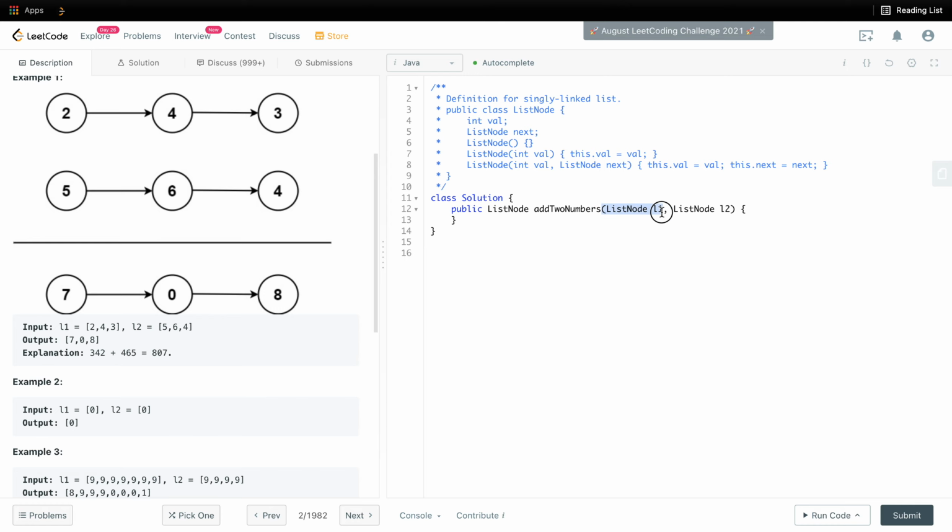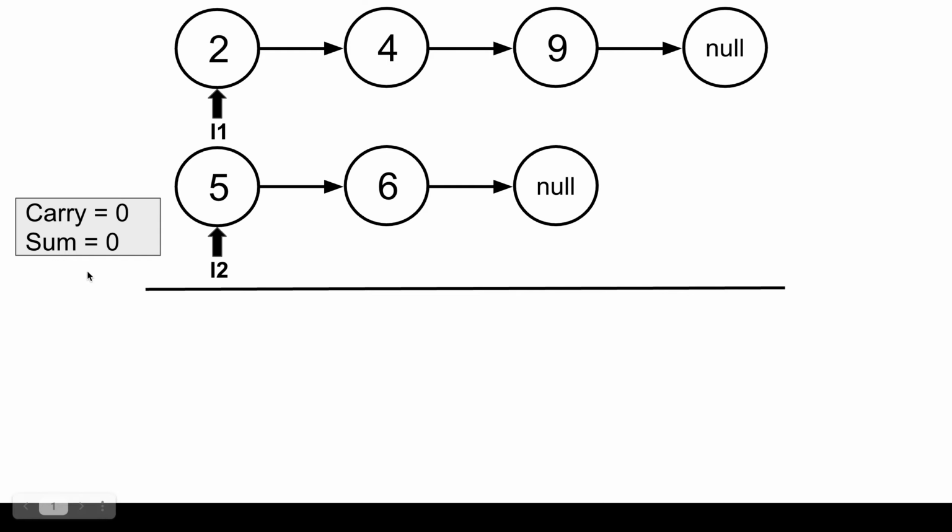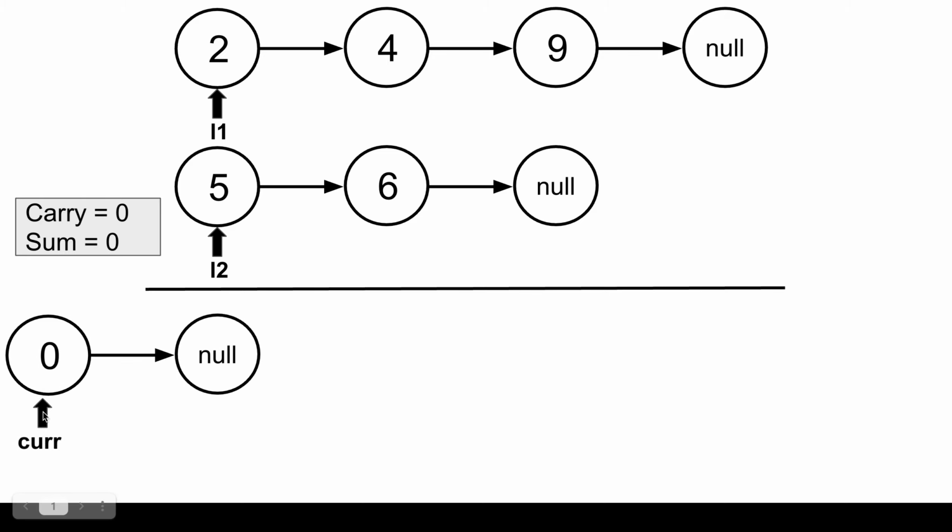As the input, as we see here, we are given two list nodes, L1 which will point to the 2 and L2 which will point to 5. So let's see the solution. For example, I have taken two numbers here, 942 and 65. At first we have L1 as 2 and L2 as 5. For the basic summation, we keep track of carry and sum. As we do a simple math problem on paper, we always keep track of carry and sum. We'll do the same thing here. And we have taken a current node which will keep track of our final list. So let's go through the solution.